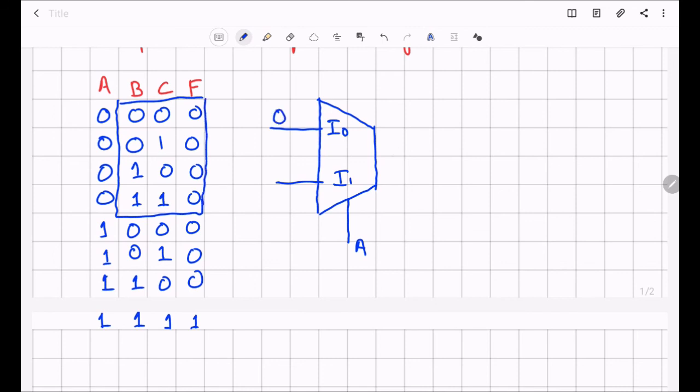So we will write 0. Now if A is 1, output depends on B and C. So we will write BC on the second input, and F is going to be the 3 input function ABC. Now if we want to implement BC, I need one more 2:1 mux.